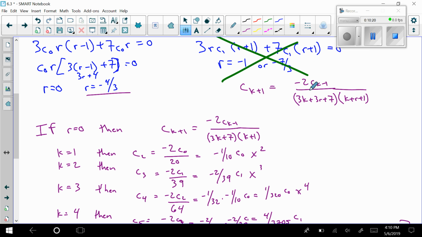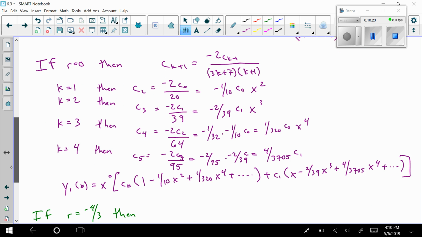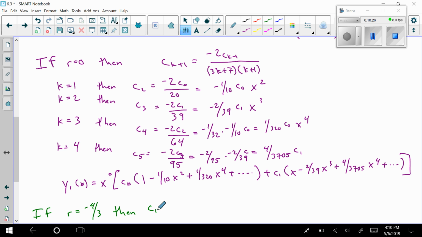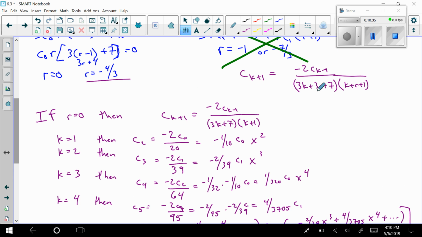tricky because I have to plug it in up here. So I'd have c sub k plus 1 equals -2 c sub k minus 1, all divided by, well, remember, -4/3 is going in right here and right here. So if I did that, that'd be 3k minus 4 plus 7, which would be plus 3, times, well, here this would be -4/3 plus 1, which is -1/3. So this is k minus 1/3,